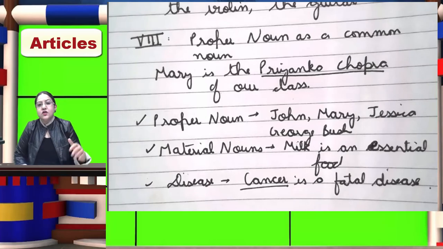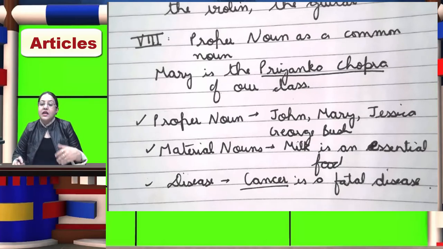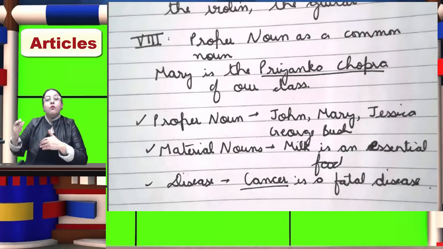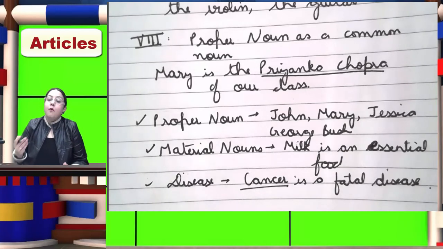Although in some cases these rules can be modified also. We may have certain exceptions in English. You know that in English we have so many exceptions. So these are the general rules: with material nouns, with proper nouns, with the name of a disease, we are not using any article, although this rule may vary in certain cases. The more you practice, the more you are going to come to know about all the exceptions and about all the rules of grammar.